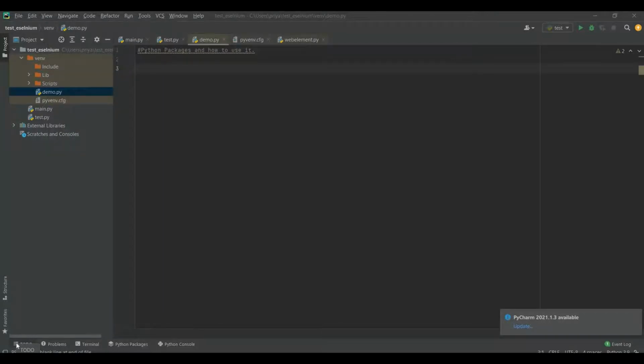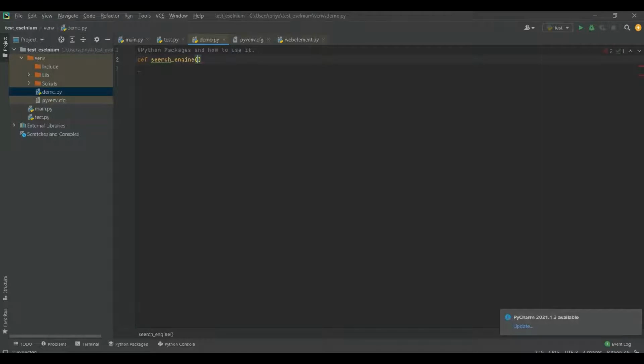Now let's try to understand this with one small example. Let me declare a function here. In Python, a function declaration should start with def. Def stands for definition of a function. So let's take the name search engine.